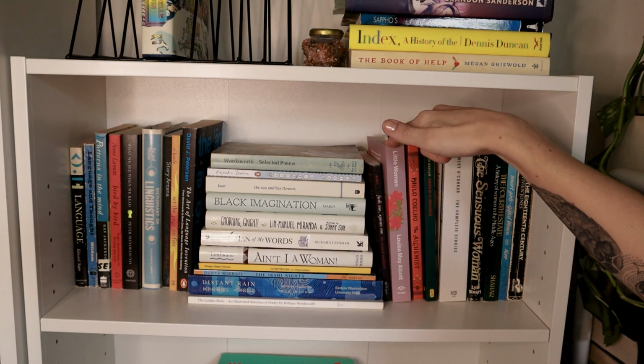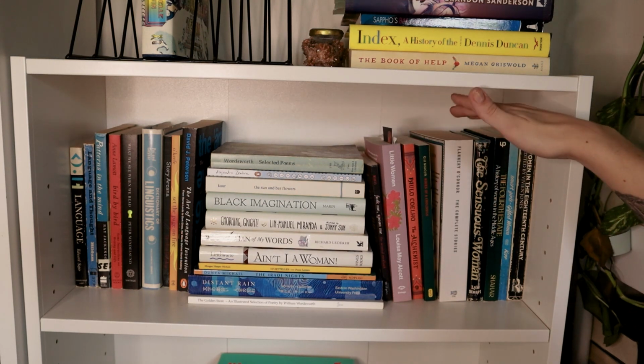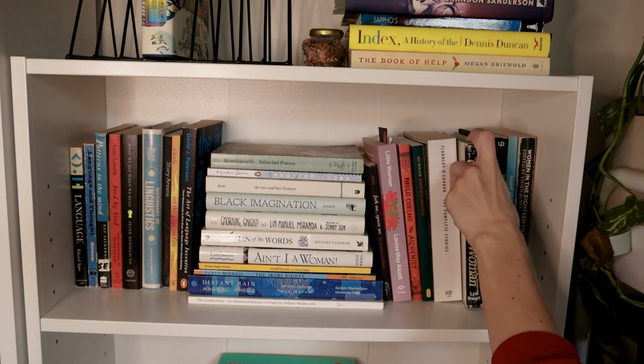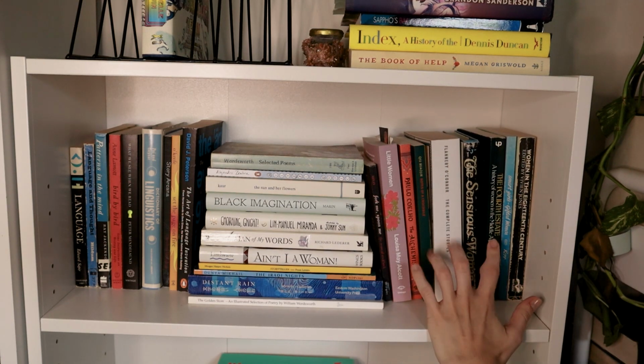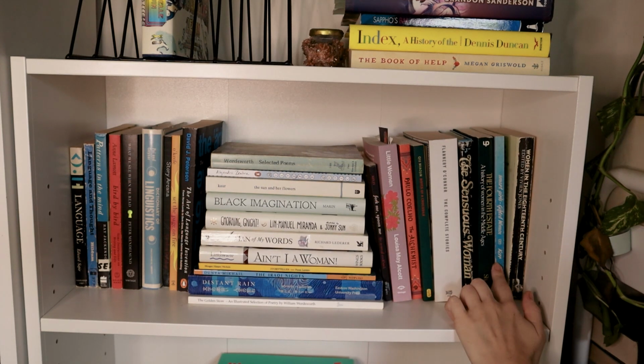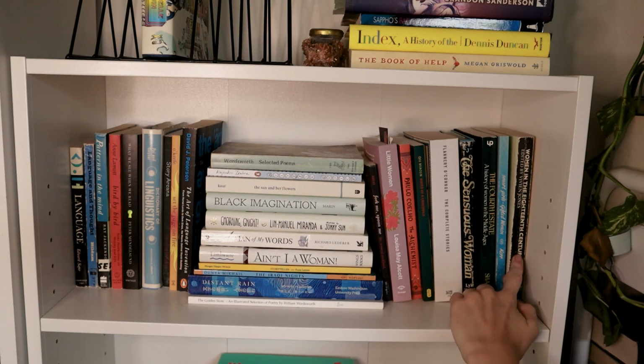Then I have Little Women, The Alchemist, Notes of a Crocodile, Flannery O'Connor, Complete Stories. This is a book called The Sensuous Woman, which is kind of hilarious. It's from a few decades ago that I found used. The Fourth Estate, A History of Women in the Middle Ages, Smart Girls, Gifted Women, and Women in the 18th